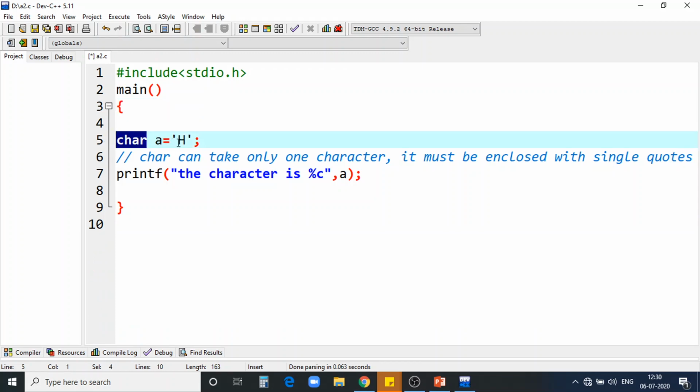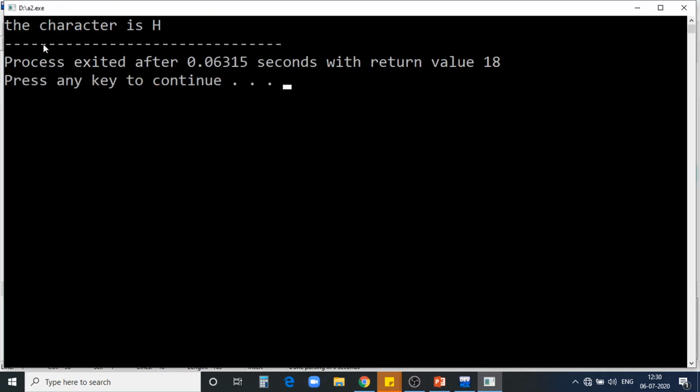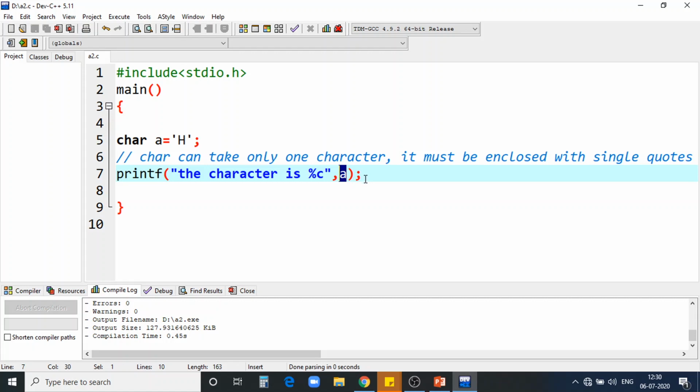It can take only one character, any character on the keyboard, but it must be enclosed in single quotes. Percentage %c is the format specifier for character. I'm printing the character we have saved. It will show the value that is stored.